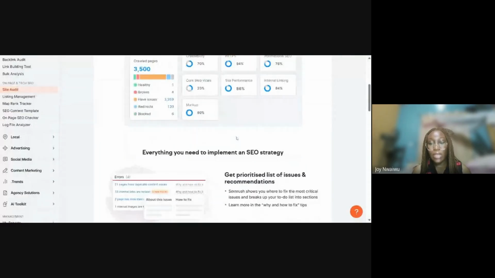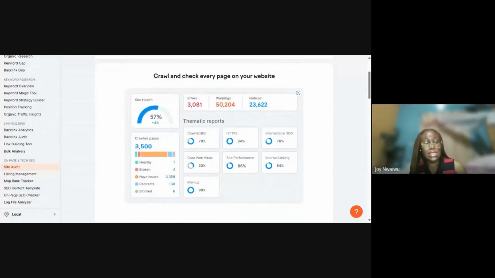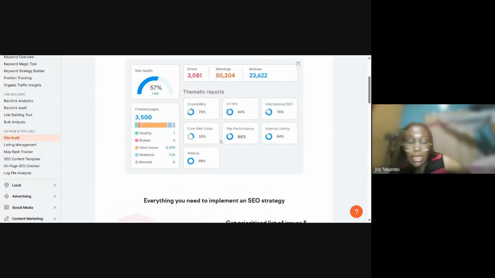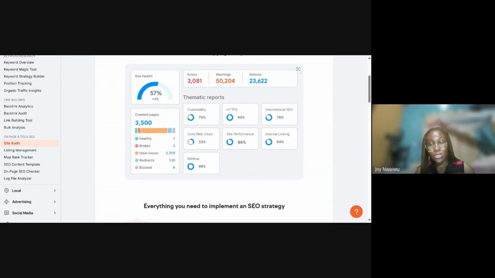Yeah. So this is just giving a sample of what the audit would look like. If you perform an audit here with SEMrush, you'd have a dashboard like this for that audit, and you'll be able to see various aspects of SEO on a report. For the errors, it will show you various things that are wrong SEO-wise, as well as the warnings, things that you should avoid doing that would hurt your SEO efforts. That's what it means. This is just a demo image they put here to show you what a site audit would look like. So it's possible that you may not have any warnings when you do yours, or you might have a couple of them. So yeah, that's just what it means.